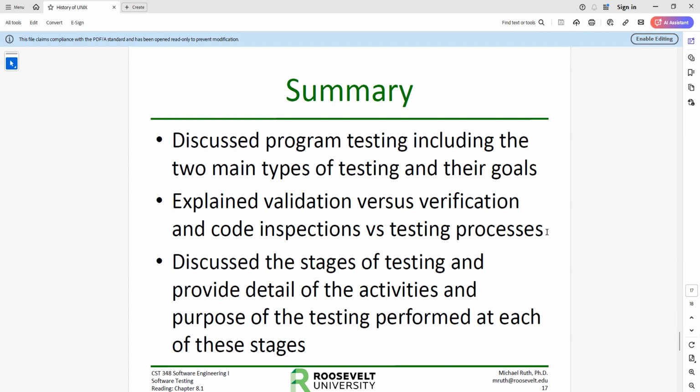We will talk about this later, but the basic dilemma is we can only test for things we're looking for. If we don't know we're supposed to be looking for something, we're probably not testing for that particular defect, and that's how that makes it into production. But like I said, we talked about validation and verification. We talked about the different types of things that it tries to do. Then we talked about code inspections versus static testing versus dynamic testing, essentially. The code inspection is the primary static test tool. And then we think about testing processes and dynamic, actually executing a process.